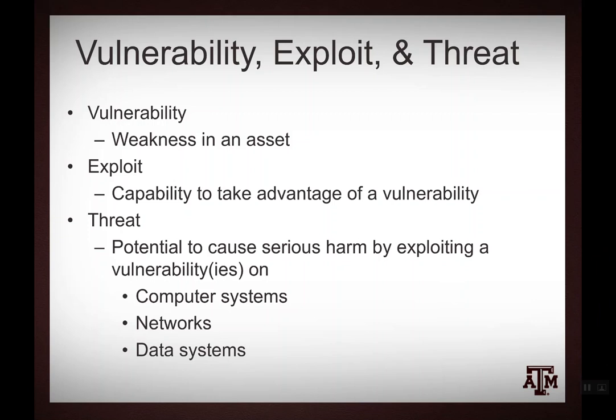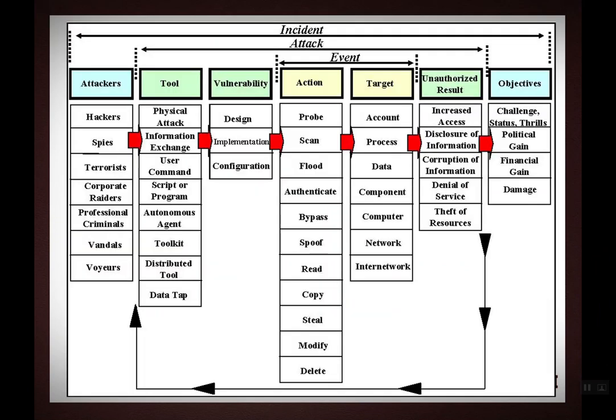So the threat is, if I leave my front door unlocked in Houston and someone can walk into that, then the threat to me is that someone can gain access to my house. It is that possibility, the potential, not the execution. The threat is the potential. It is actually the attack that occurs when the vulnerability is exploited and the threat is fully executed.